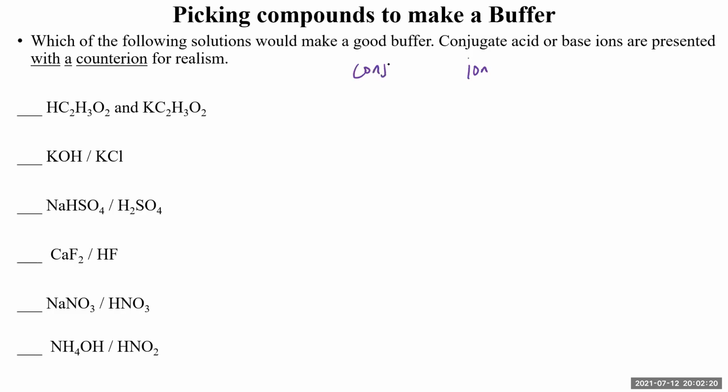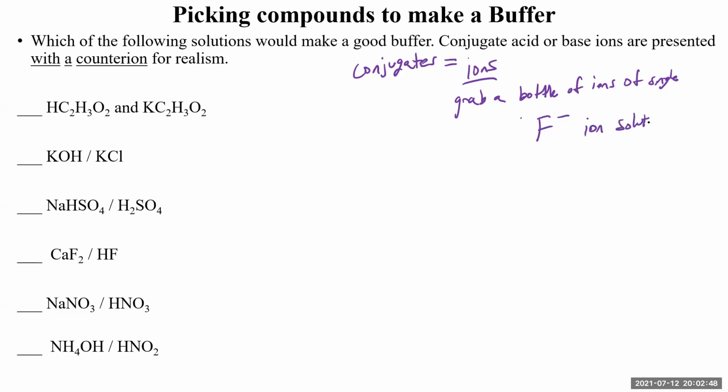99% of the time, conjugates are ions. You can't just grab a bottle of ions of a single charge. There's no such thing as a chloride, well, let's not use chloride. There's no such thing as a fluoride ion solution, just fluorides. You can't find just fluorides. There must be a counter ion,